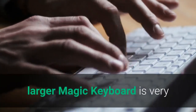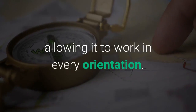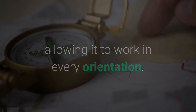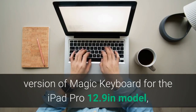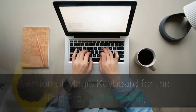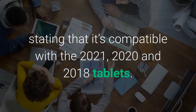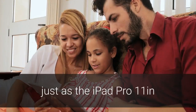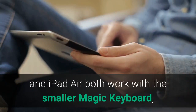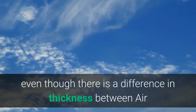The new, larger Magic Keyboard is very slightly differently sized from the old one, allowing it to work in every orientation. What's interesting is that Apple is only selling one version of Magic Keyboard for the iPad Pro 12.9 inch model, stating that it's compatible with the 2021, 2020 and 2018 tablets. Which means that Apple has created a new keyboard which will fit all, just as the iPad Pro 11 inch and iPad Air both work with the smaller Magic Keyboard, even though there is a difference in thickness between Air